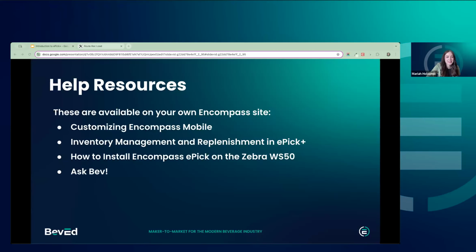A couple of help resources that we'll call out really quick just to make sure that you all have access to the knowledge needed to keep going after this webinar. Mo did a great job of talking through how to get ePick Plus added to any custom mobile apps, but we have a Customizing a Compass mobile help resource as well to lean on if you need some help with that, along with some additional help resources regarding some of those new features in ePick Plus specifically and